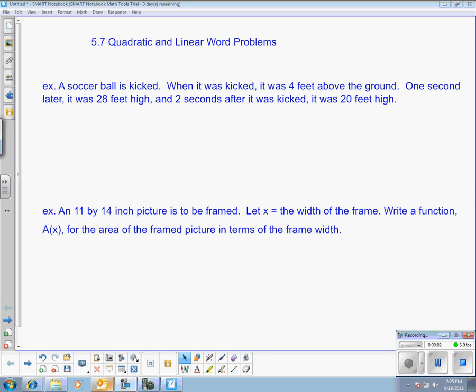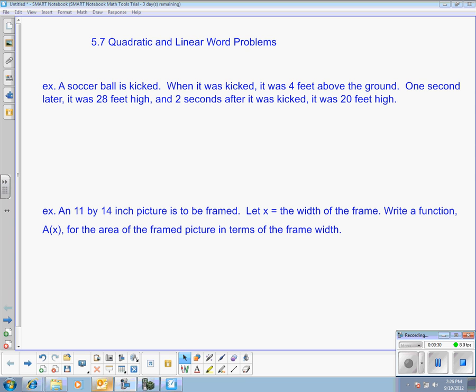All right, my friends, the final section in chapter 5 is 5.7, the word problem section. It's officially called Quadratic and Linear Functions as Mathematical Models, but the main focus is the word problems, basically. They're going to throw a few linears in there just to keep it exciting, but we're focused mostly on the quadratic. So these are things in the real world that don't act in a straight line fashion, like, for instance,